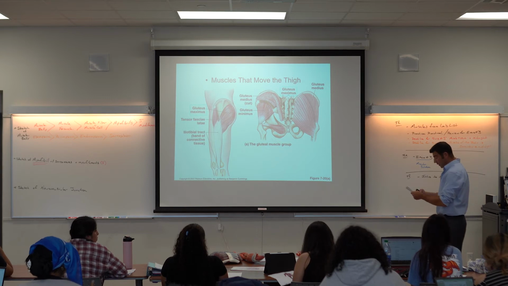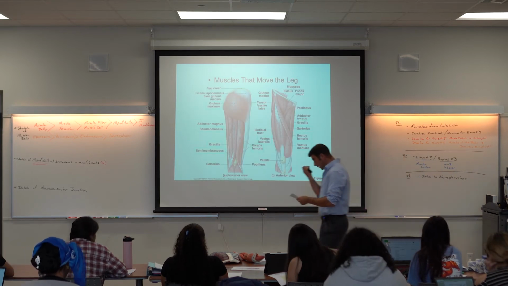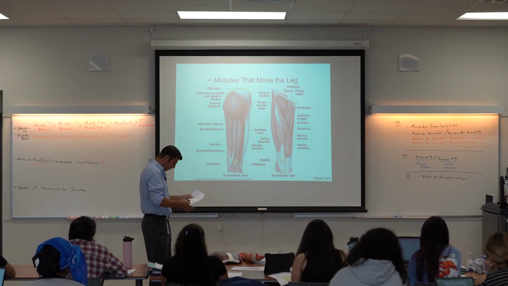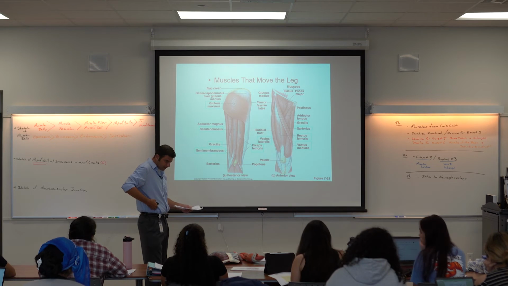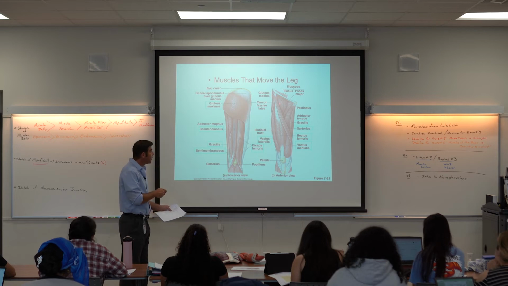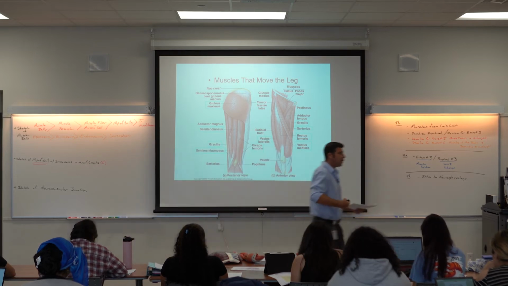So next one's on the list. If we go to the front of the leg, there are two of these muscles that actually come from the abdominal region, and then they make their way down into the proximal part of the thigh. These two muscles that come from this abdominal region, one of them is the iliacus, and it's on the inside